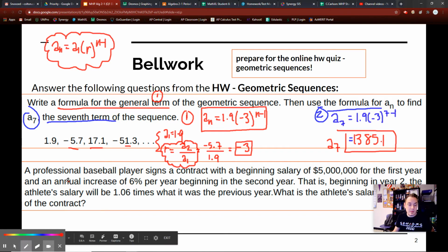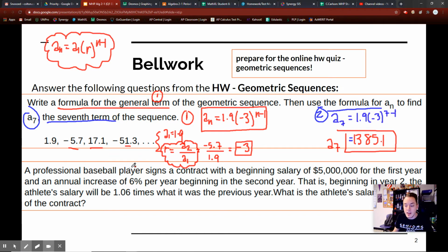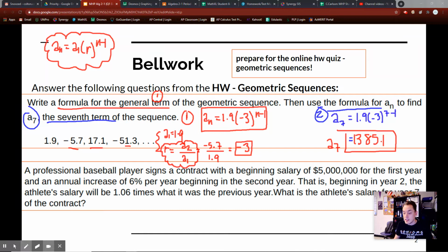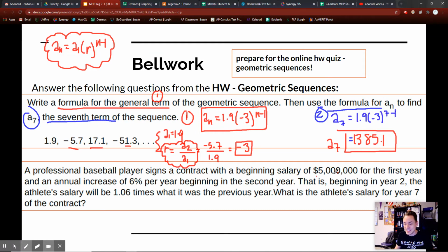What is the next problem? A professional baseball player signs a contract with a beginning salary of $5 million. Wow. That's amazing. So first of all, before I even move on, I'm going to start labeling my stuff because this is definitely A sub 1. So 5 million, that's 6 zeros attached to it. I still need to find my R, right? Because that's geometric sequences. 5 million the first year, like I said, A sub 1,